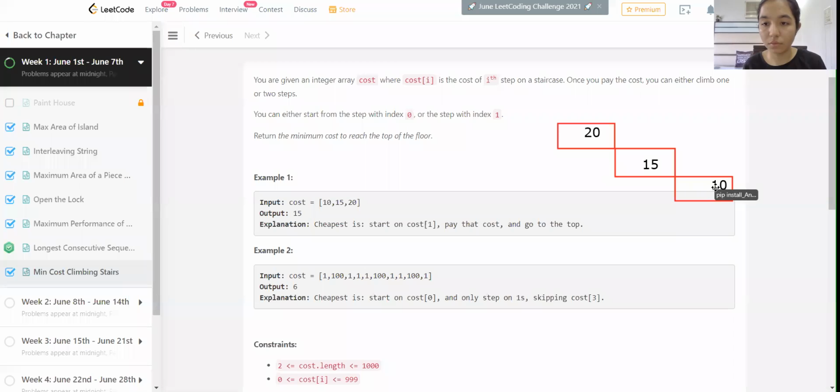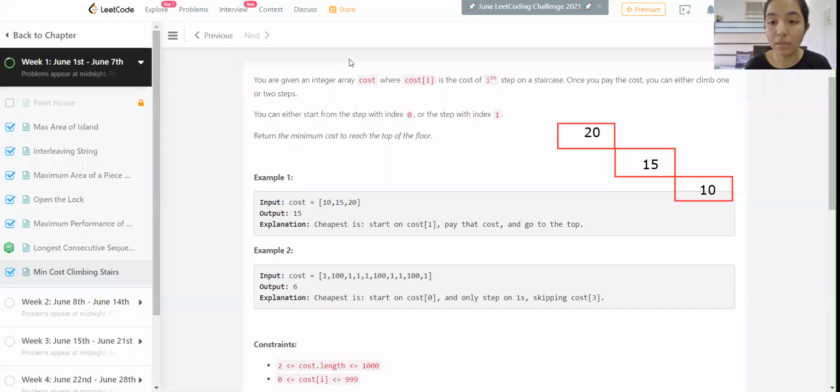Now, according to the problem statement, we can directly start from 15 or from 10, that is the 0th index. So if we start from 10, our total cost would remain 10. But as we move ahead, our total cost would become 15 plus 10, so our total cost to reach 15 would become 25. So that is greater, so we won't take that route. We will just start from 15.